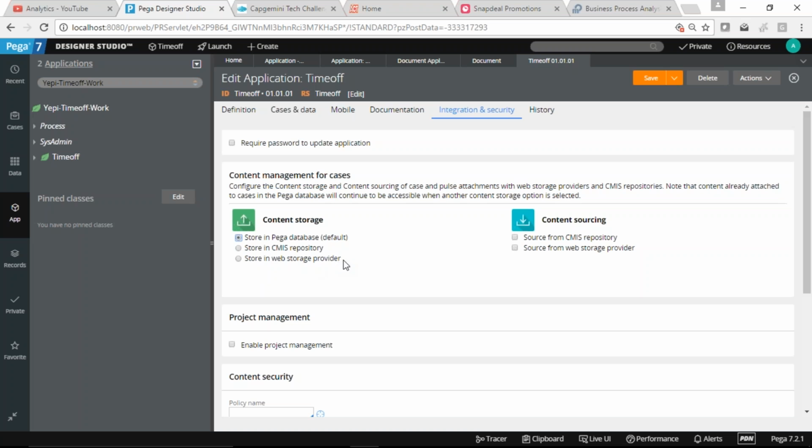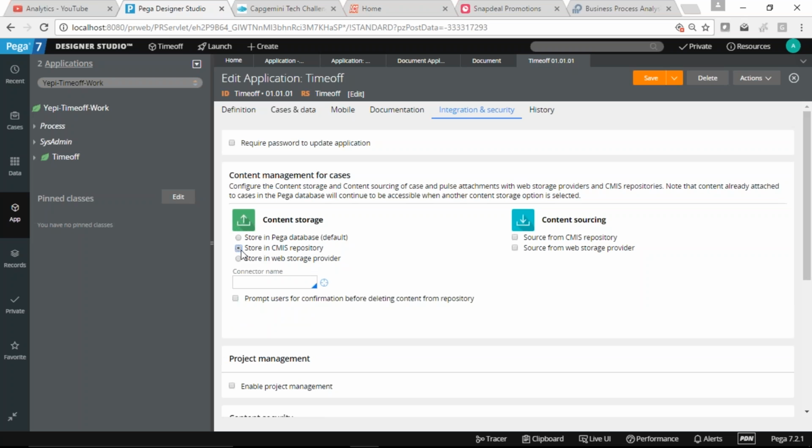So this is the content management. Everything we are going to store in the database itself. If we have a separate repository, we can change the link so that all the documents we have are stored in a separate document repository.